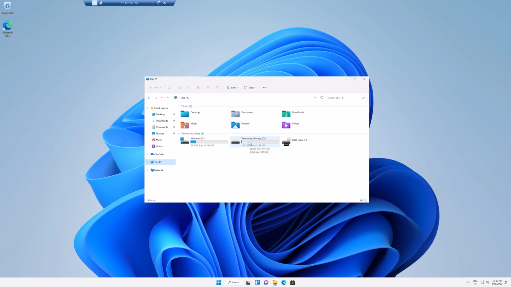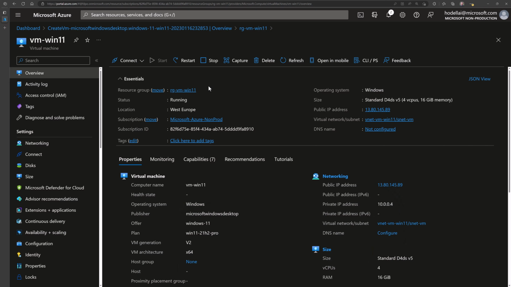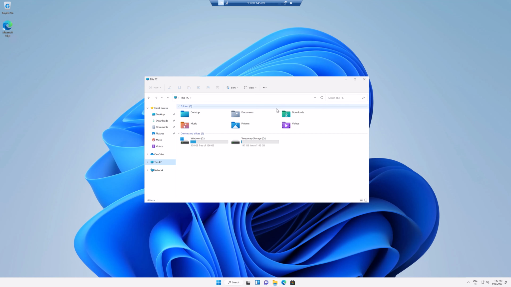Note here that this is temporary storage. It's noted here, temporary storage, and we might lose this one when the virtual machine gets deallocated or recreated. From the Azure portal, we have created a new virtual machine, and we have connected to that virtual machine using the RDP protocol. And now here we are inside that virtual machine where we can view the two disk drives